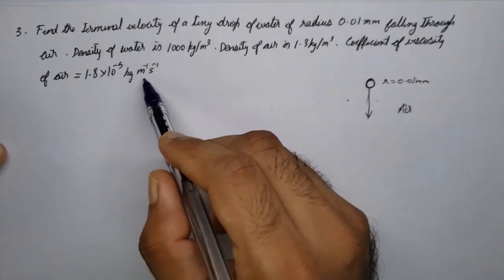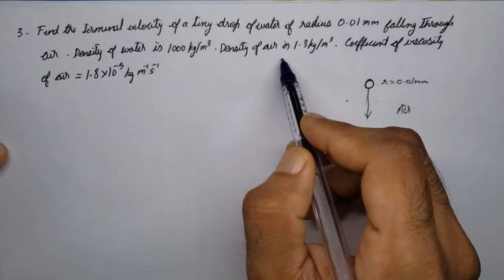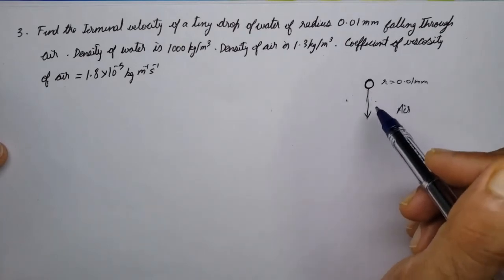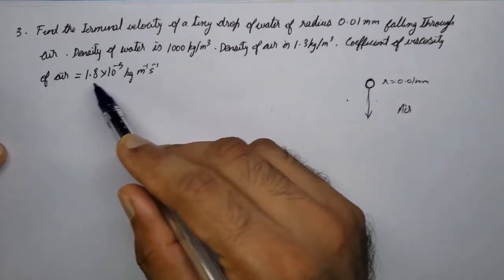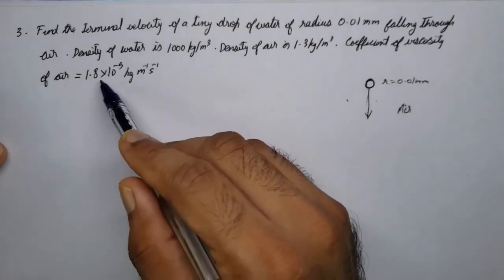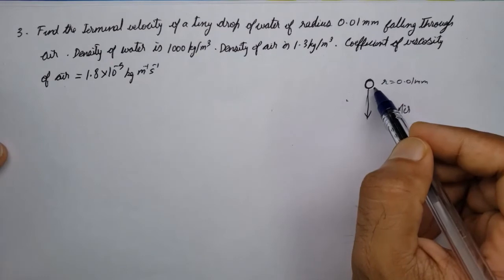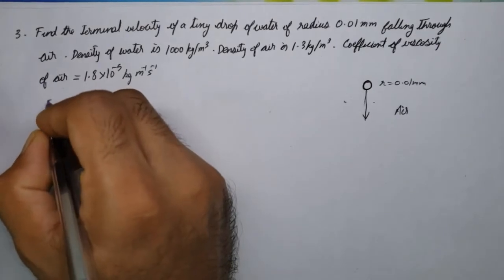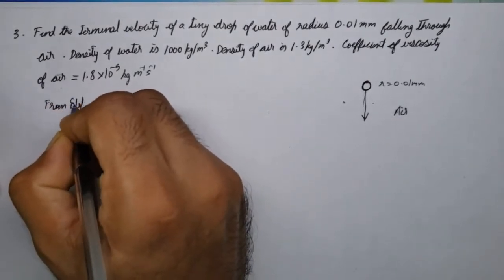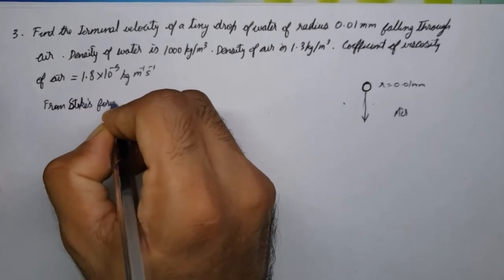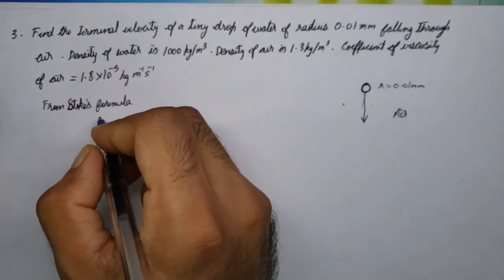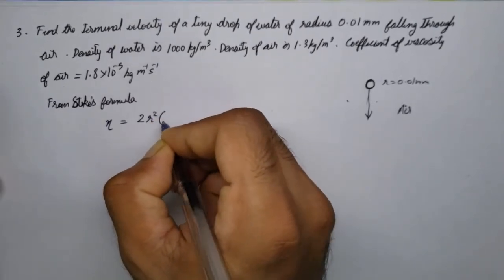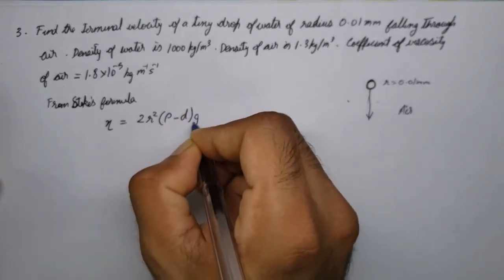സോ എയറിൻ്റെ വിസ്കോസിറ്റി തന്നിട്ടുണ്ട്, അതുപോലെ വെള്ളത്തിൻ്റെ ഡെൻസിറ്റി, എയറിൻ്റെ ഡെൻസിറ്റിയും തന്നിട്ടുണ്ട്. നമ്മൾ ഈ വെള്ളത്തിൻ്റെ തുള്ളി അന്തരീക്ഷത്തിലൂടെ താഴോട്ട് വീഴുമ്പോൾ ഇറ്റ്സ് ഫാളിങ് ഔട്ട് ഓഫ് ഗ്രാവിറ്റി. ആഫ്റ്റർ സം ടൈം, since it's falling through a viscous medium which is air, in this case it's going to attain a terminal velocity. So from Stokes formula we have,